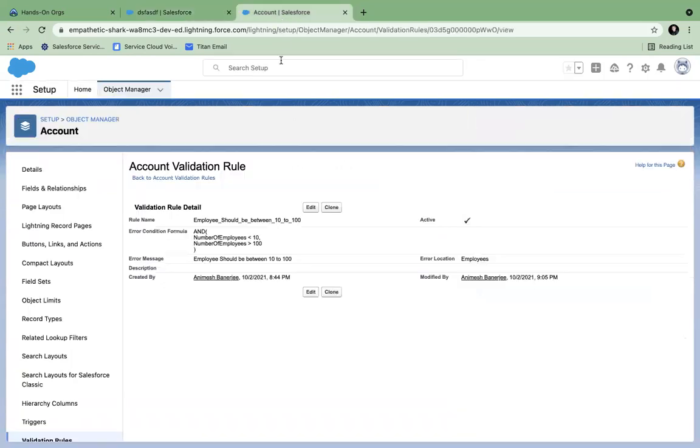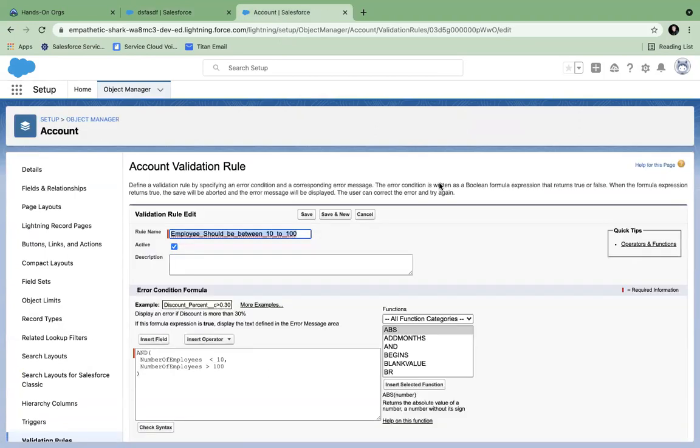And what is wrong? You just said all conditions need to be true. So we should have to use or. All conditions need to be true. Think it once again.